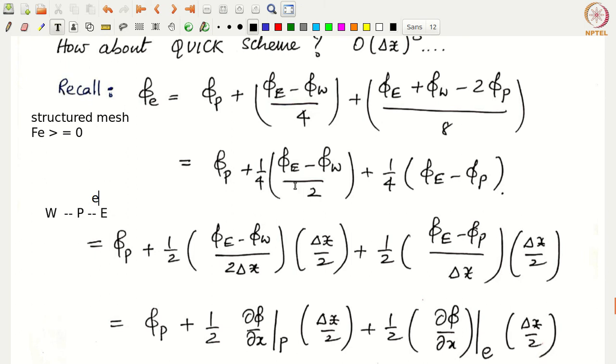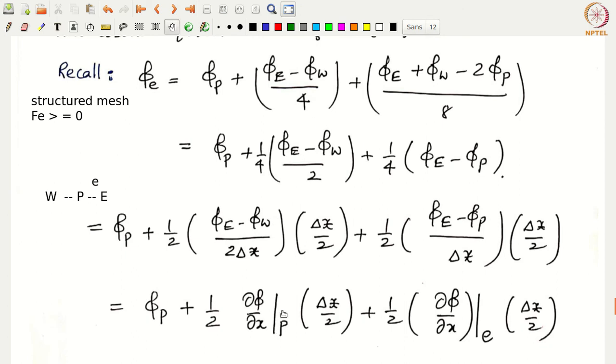Okay, fine. Essentially now we have transformed this equation for the QUICK scheme, assuming that f e is greater than 0. You have to redo all this if it is less than 0. That will be slightly different, into something else in terms of continuous gradients. Now I have done this thing. From here we can generalize this equation such that we can build an unstructured counterpart of this equation, very easily without going into the second derivatives as we saw before.